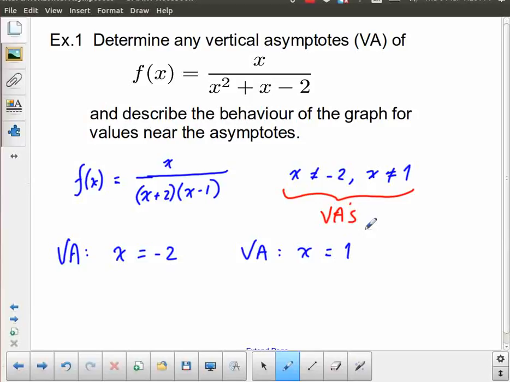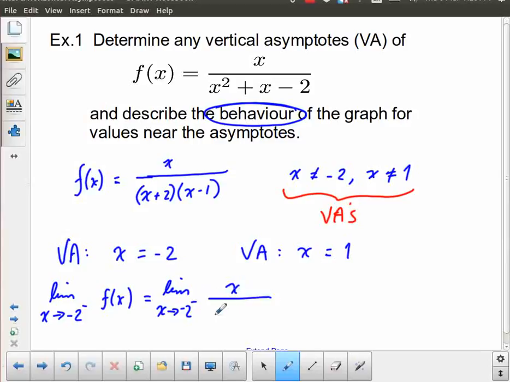So the next thing we need to do is describe the behavior, now that we found the vertical asymptotes. What we're actually going to do when we talk about describing the behavior is look at the limit. In this case, we're going to take a look at the limit as x approaches negative 2, from the left to start, of f of x. And that is the same as the limit as x approaches negative 2 from the left, or from below, of x over x plus 2